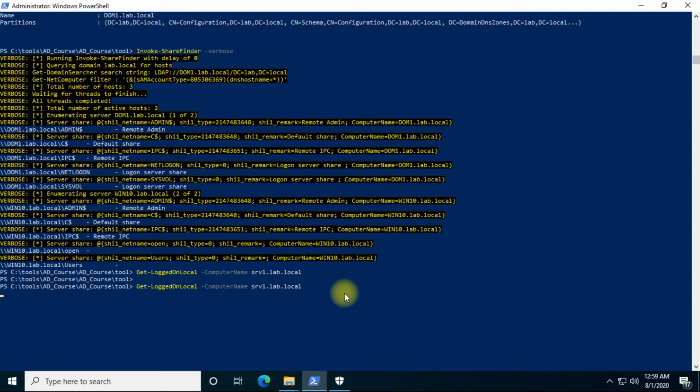Now if I try this command once again, I hope this time I'm supposed to get that output, as I already tried to initiate traffic on that server one.